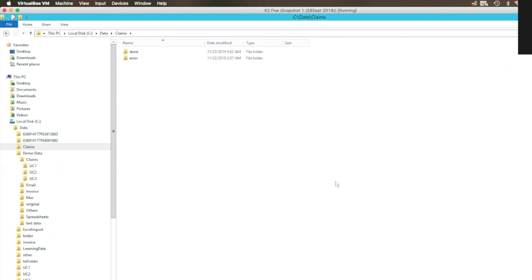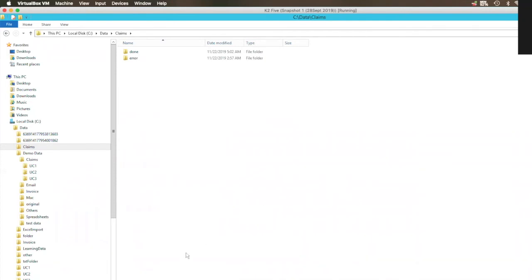So you can see that PDF got picked up. Behind the scenes, that PDF gets stored into a document management system and a K2 workflow is kicked off. That K2 workflow is deciding what type of content is present in this document, and based on that, creates different tasks.